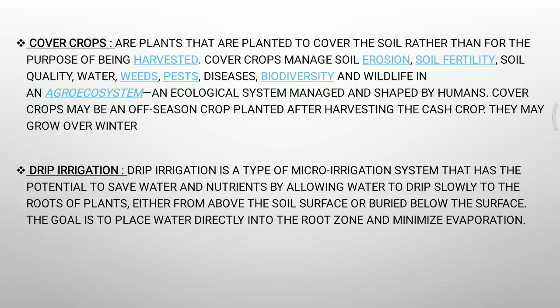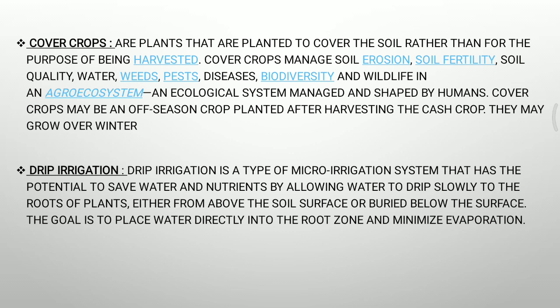Cover crops. Cover crops are nothing but, rather than leaving the whole area of land empty, these lands are covered with crops so that the soil fertility will increase and the erosion will decrease. As you can see in the slide, plants are planted to cover the whole soil rather than being just for harvesting. Cover crops manage soil erosion, soil fertility, soil quality, water, weeds, pest diseases, biodiversity, and wildlife